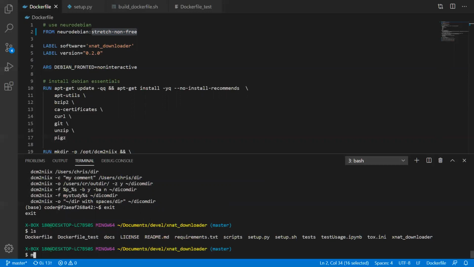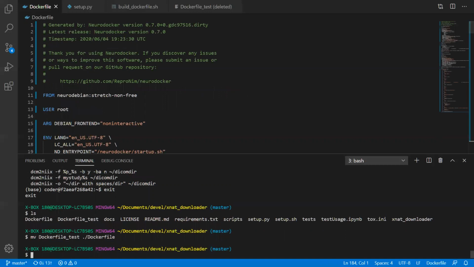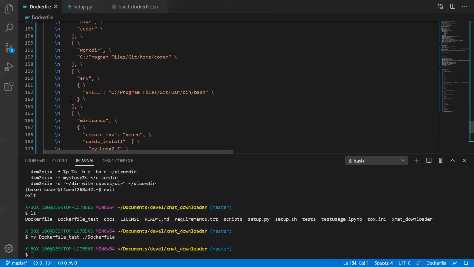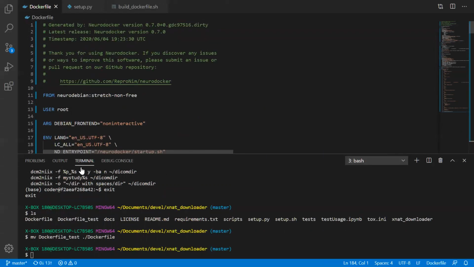And I'm going to move Dockerfile test to Dockerfile. I'm just going to call it that. So this is changed, and now this should be deleted. And now we get all that lovely highlighting. Okay. So now with that, I can make a